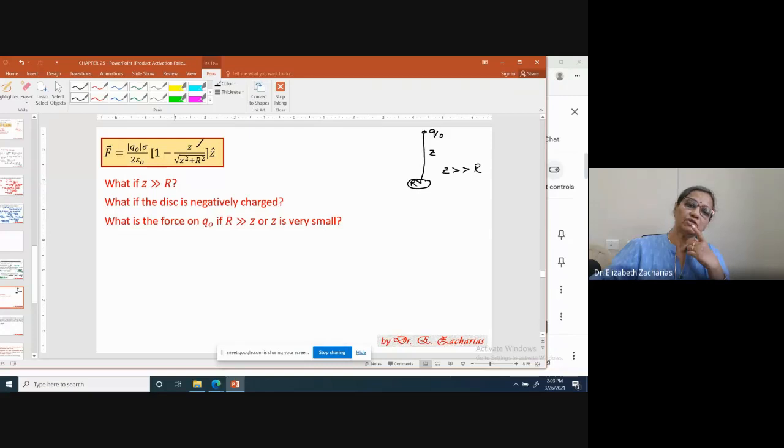Z is much, much greater than R. Therefore, I can simplify the terms. You just do it yourself and see, you will be able to show that the force expression will become 1 by 4 pi epsilon naught Q naught